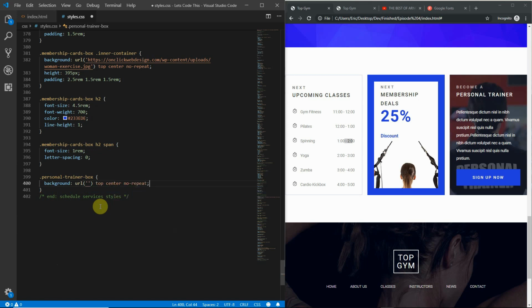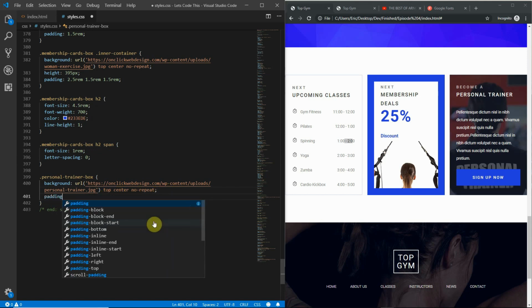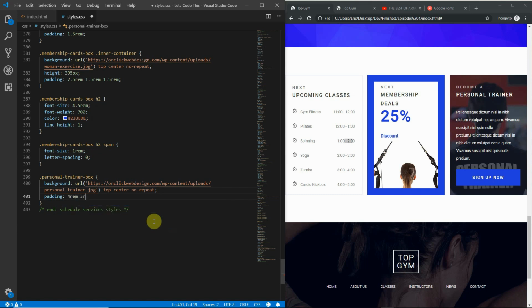Top center, no repeat, and I'm going to copy the image URL that I have hosted. Again, I pulled all these images from this free template on colorlib.com, so full credit goes to them for the nice design. Okay, and then padding is 4 rem, 3 rem, 3 rem, and let's copy personal trainer box one more time, paste that down there. H4 tag will say margin bottom of 2 rem, color white, and then paste it again,